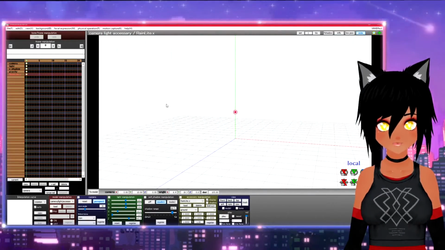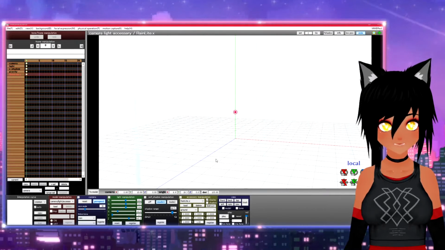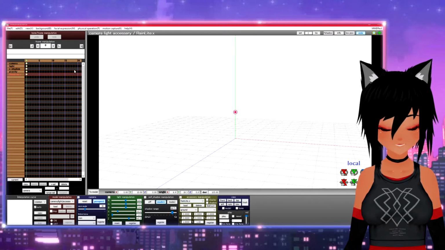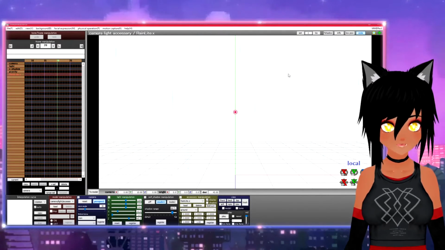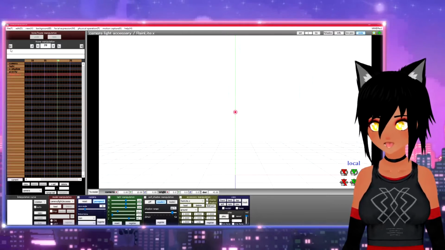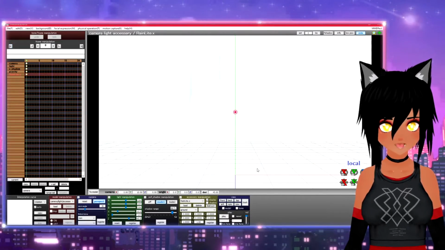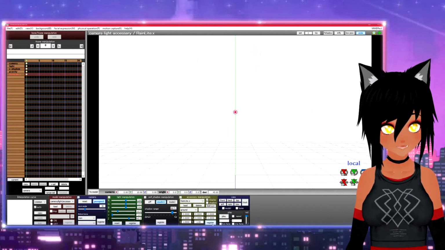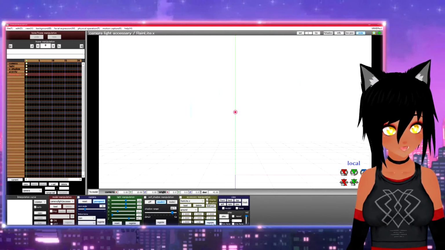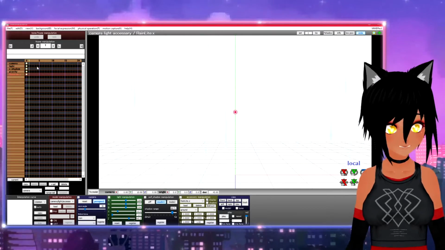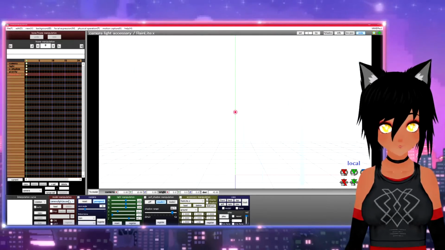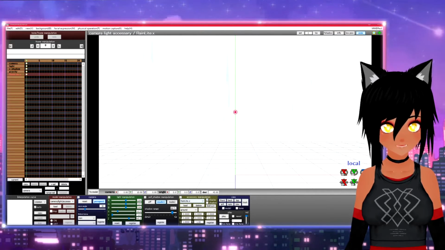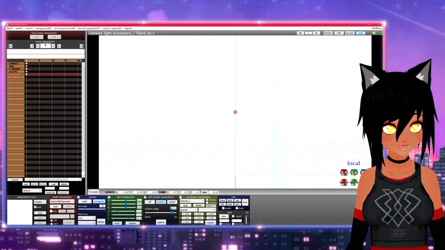So like, if you wanted it to just start raining out of nowhere, you can have it hidden and then say, okay, on frame 20 I want it to start raining. Then you can do that through the magic of MMD. But always, whenever you change anything, click that register button. Because if you don't click register, the moment you change to another frame or another model or something, whatever you just did is not going to apply. So you gotta click register.